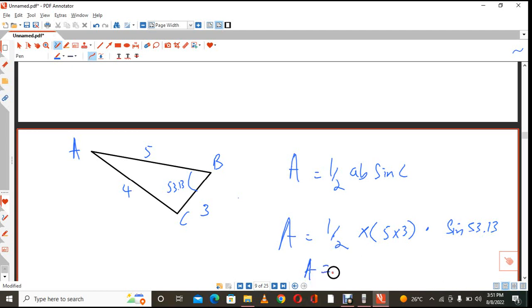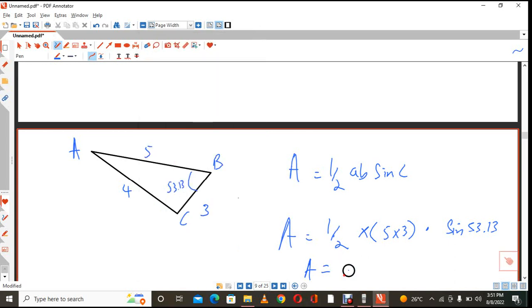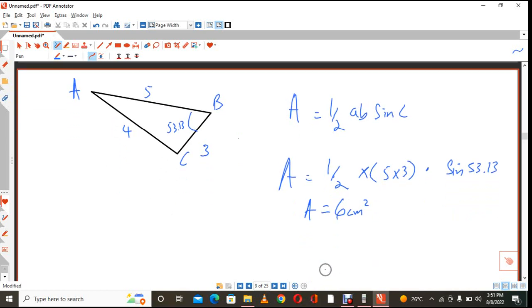So all of this becomes calculator work, and you can actually calculate out what that would be. So it is 15 divided by 2 times the sine of 53.13. Okay, close it, and then you get the answer. All right, so the area is about 6. I'm just going to write 6 square centimeters. Now we know what the area is. So the area of the shaded region would be 6 centimeters square minus